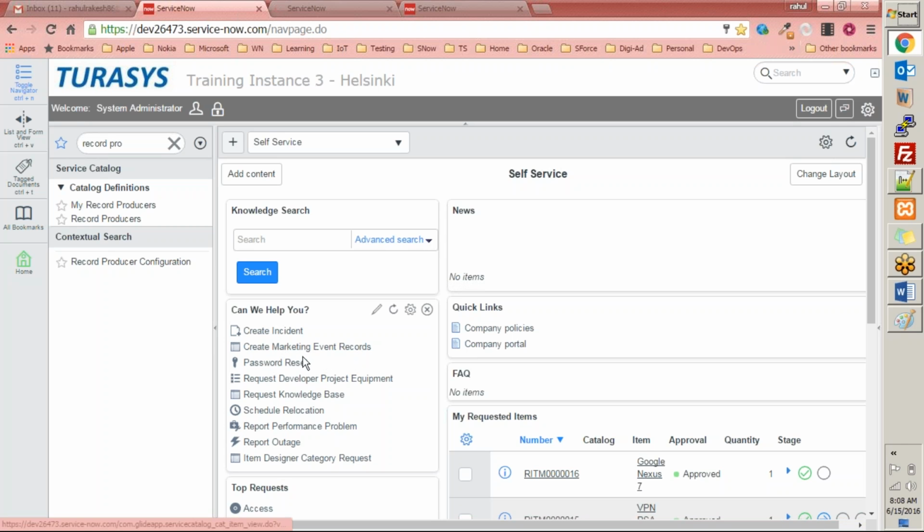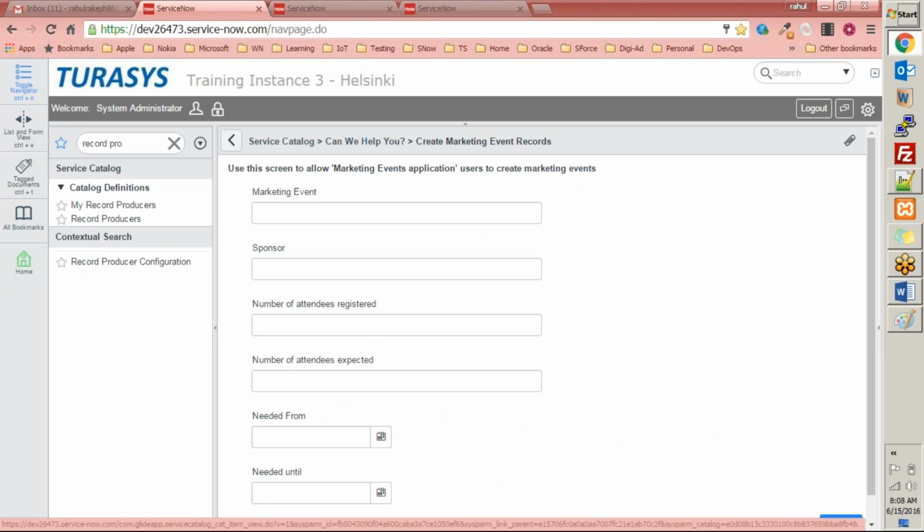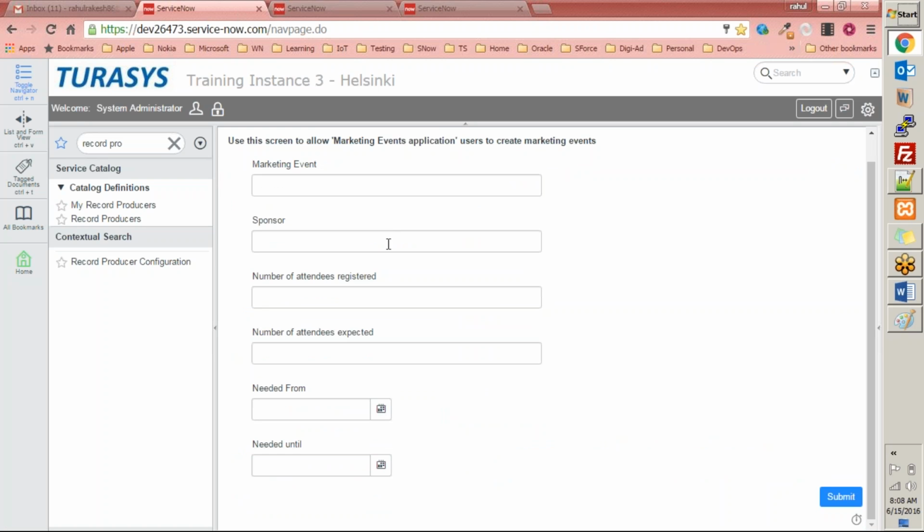It was not there earlier, but now we have it. So we now associated a record producer on the can we help you category catalog item, which will now allow you to create records for the create marketing event for the marketing event application,